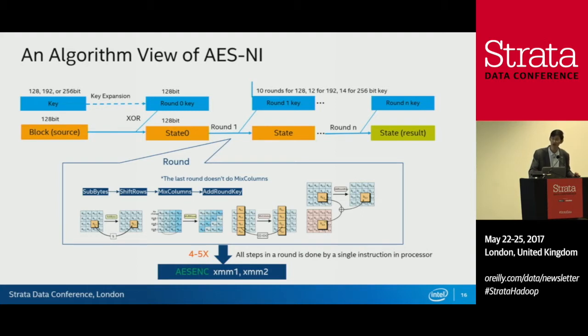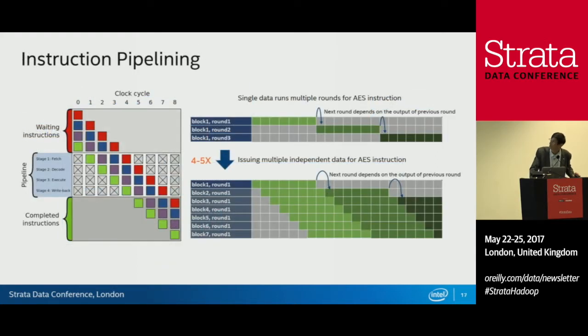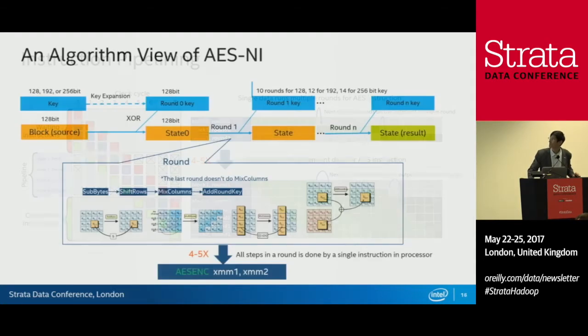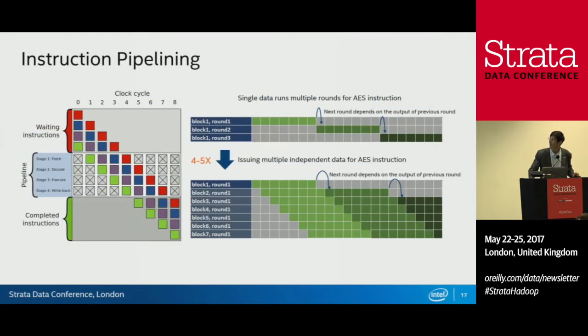compared to the software implementations. And the second secret is instruction pipelining. As we previously saw, there are multiple rounds, and modern processors have a design of instruction pipeline. We can see in the left picture, the first picture above shows a single data block that runs multiple rounds, for example 10 rounds,